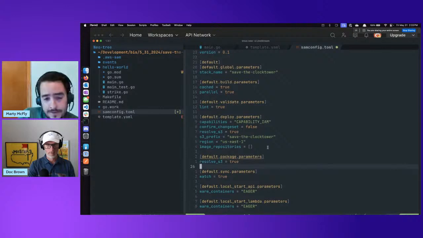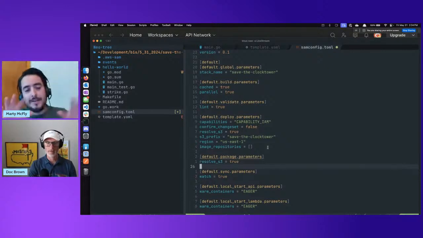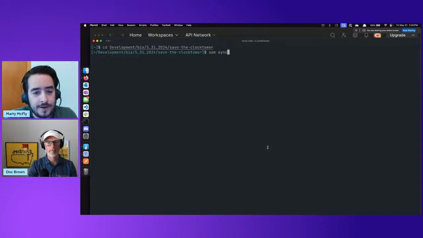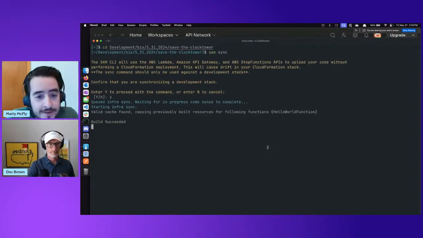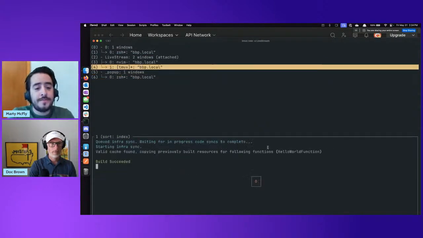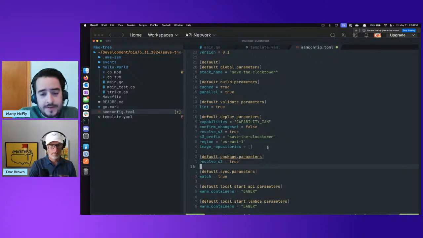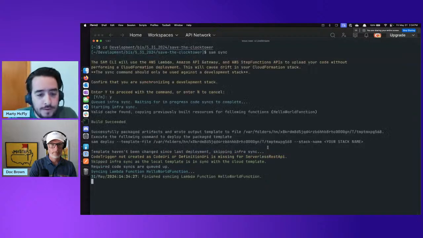Do you have autosave? No, I don't think I have. Okay, autosave, that's perfect because of sam sync. You want me to run sam sync? Yeah. Okay. I'll do it another way. But wherever you were running sam build, you can do it there because you're already logged in that terminal. Did you not save the file? Oh no, this is a different confirmation. Yeah. So it's going to sync the infrastructure. And then it should be updating the hello world function.